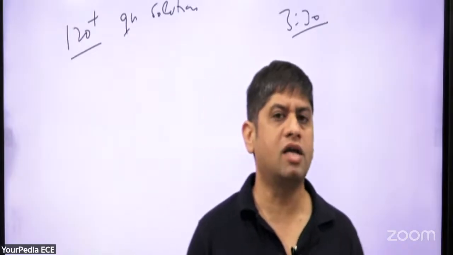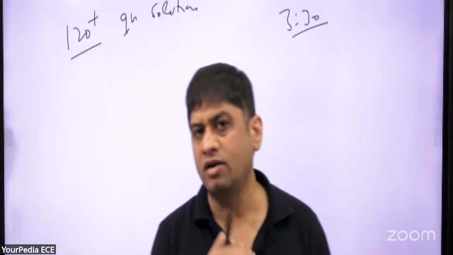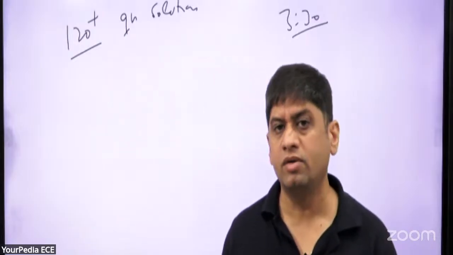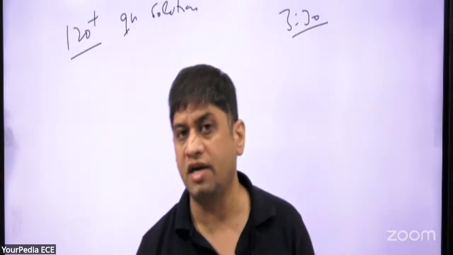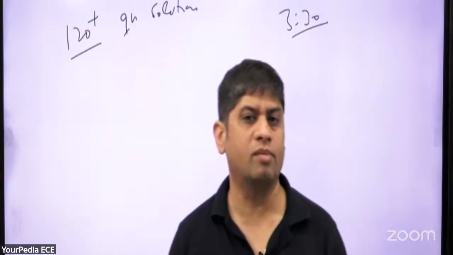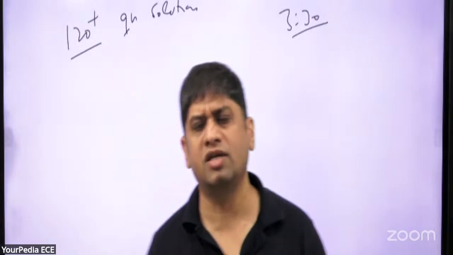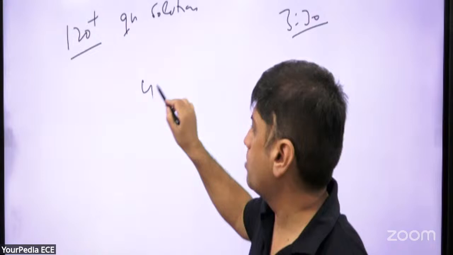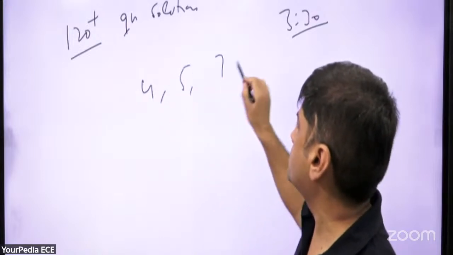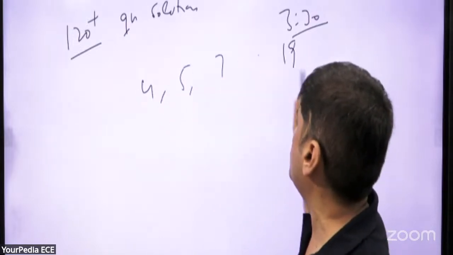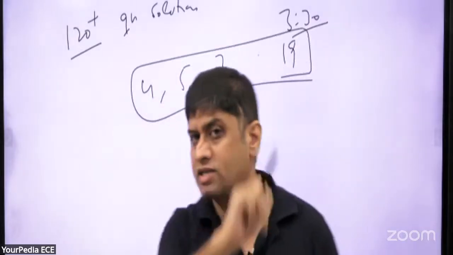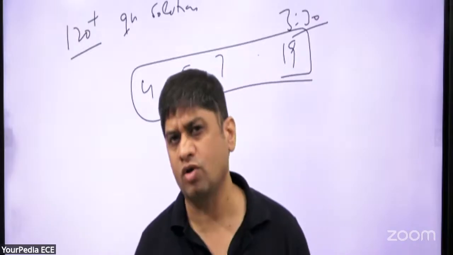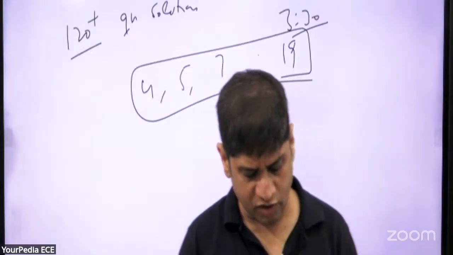My entire team is working on that. My team of mentors equipped with this AI team, they are working on finding the detailed solution, finding out what can be the question. अगर आपको आधा क्वेश्चन ही याद है, पूरा क्वेश्चन याद नहीं है, even then you provide. Let's say if you remember series 4, 5, 7 पे पता नहीं क्या दिया था, 10 दिया था, 19 दिया था. Even if you provide the partial question, now thanks to AI tools and all, we can reach some particular question and we can share it with you.